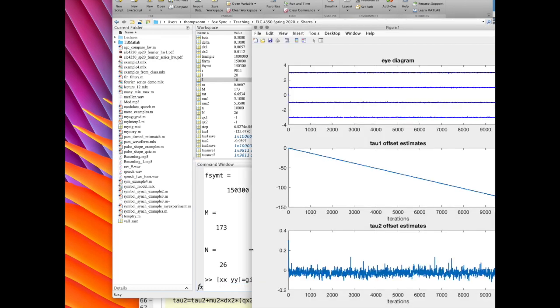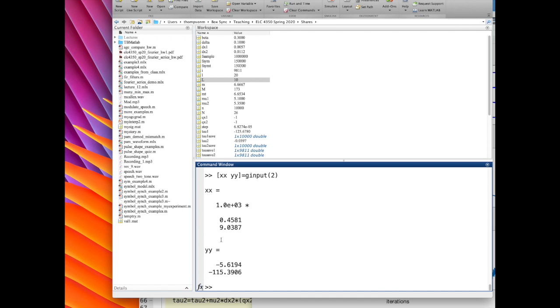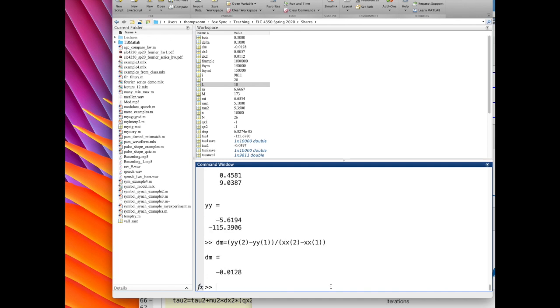Okay, so I hit return here, and I'm going to click once here, and I'm going to click once here, and that gives me two different values of X and Y. All right, so I can calculate that slope. Okay, so I can call that delta M, dm. All right, that would be YY of 2 minus YY of 1, the difference between the y values divided by XX of 2 minus XX of 1. The indices indicate which click I use. So second click minus first click on the top, second click minus first click on the bottom, hit return,